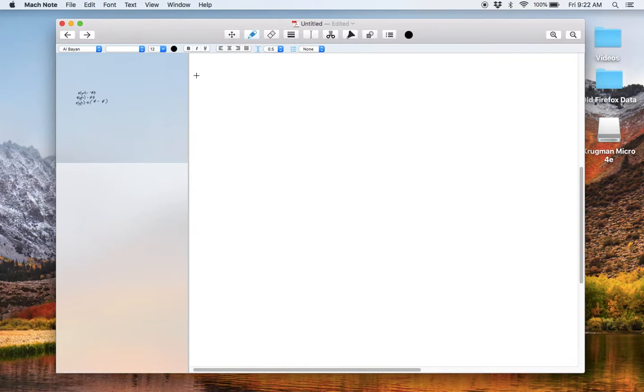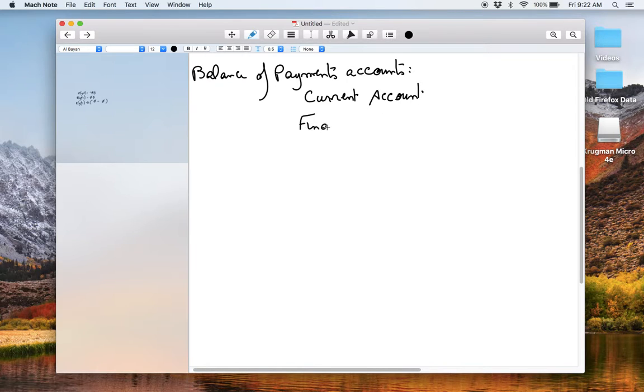So just to remind us, balance of payments accounts has the current account and the financial, or sometimes called the capital account. Okay, and both of them, the current account and the financial account, track the movement of